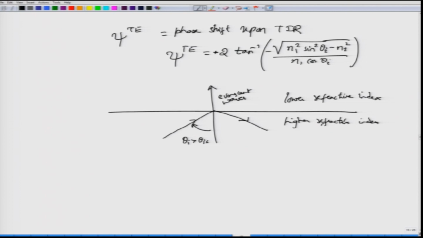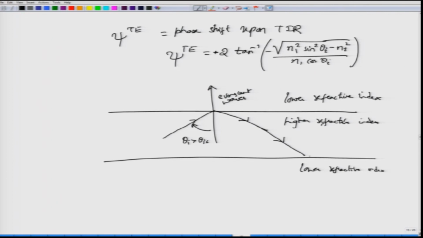But what I have achieved is a very remarkable thing. When light is incident at an angle, the entire light getting reflected back, okay, means that if I can somehow engineer another layer of interface here with a lower refractive index and cause this ray or this wave also to be at an angle greater than the critical angle, then this light would be reflected further back into this slab, right. There will of course be an evanescent wave which has no meaning, but this would be reflected back. In essence, what I have done is to confine this light into this slab of higher refractive index, and I have done it without any use of a mirror.